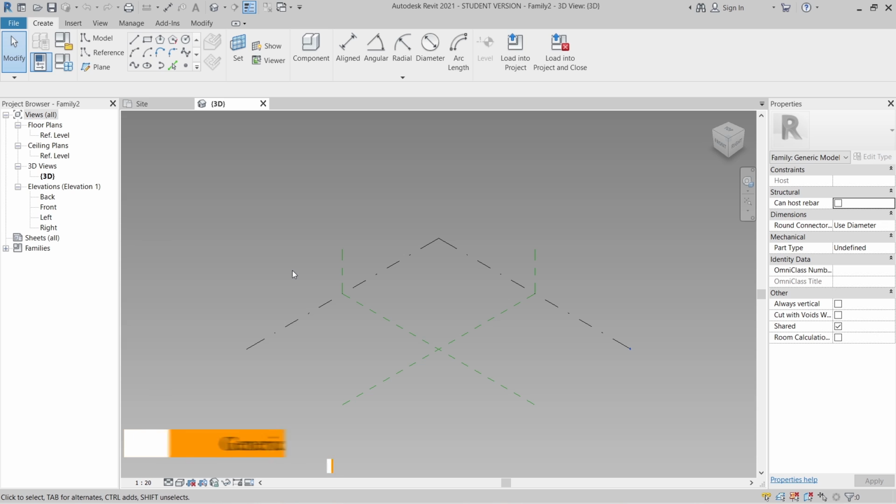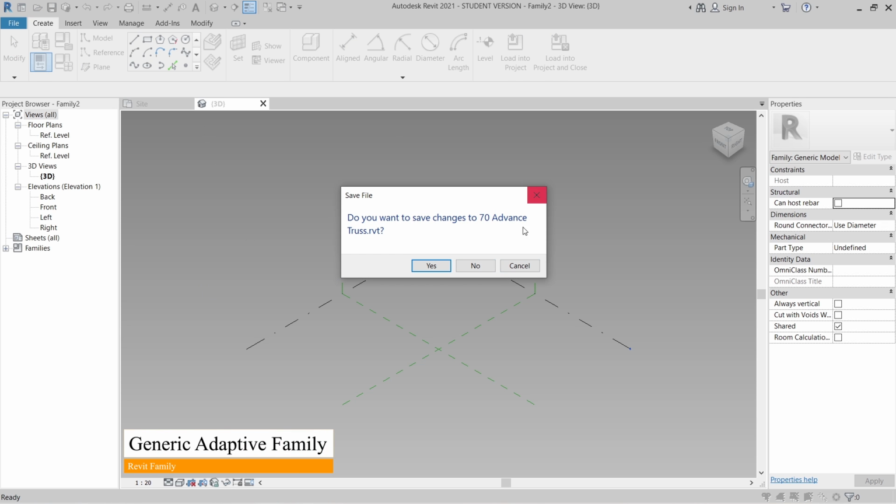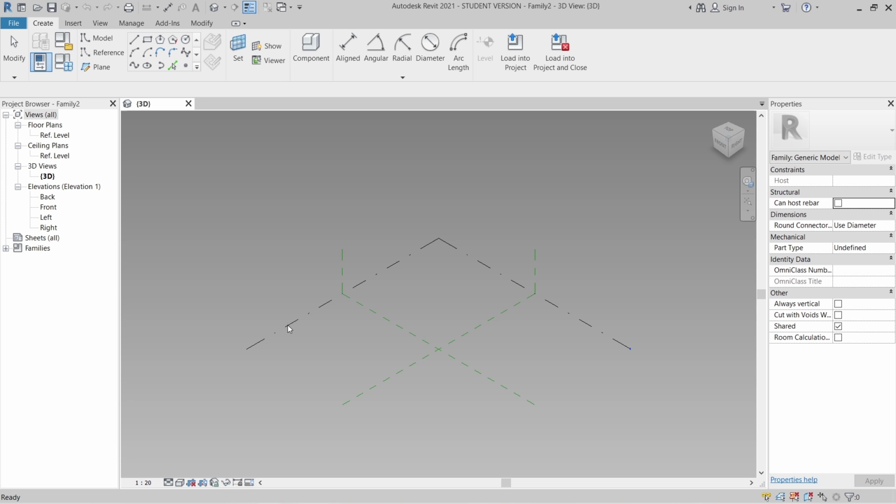Now we are in our Generic Model Adaptive Component. I would like to close my side plan first. Here is my previous photo reference for perspective, introduced before we jump into our project. I want to close that first. Now it's time to create our adaptive component. We need to create our truss by using an adaptive component because it's easier and flexible, depending on what you want to use. Sometimes you can also use a generic model pattern based.